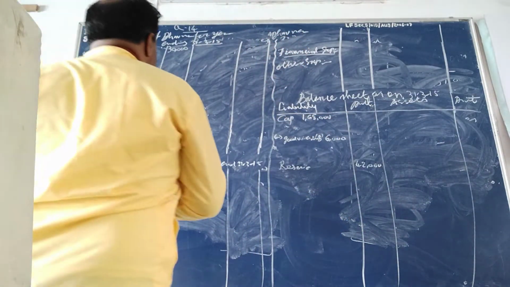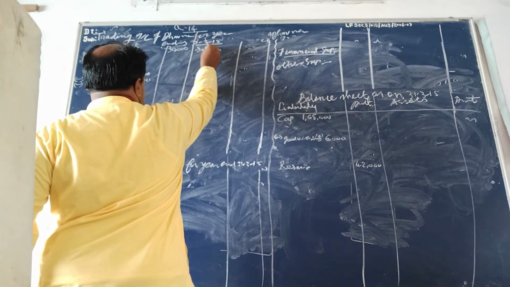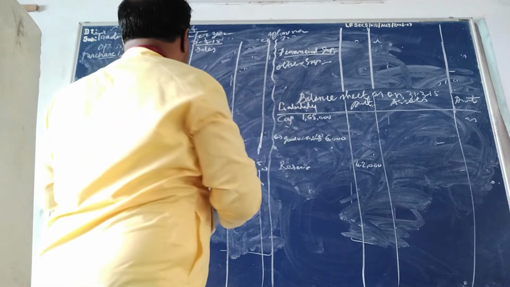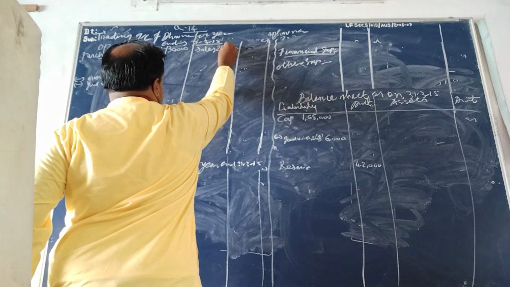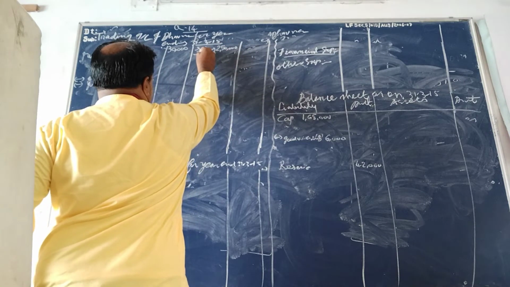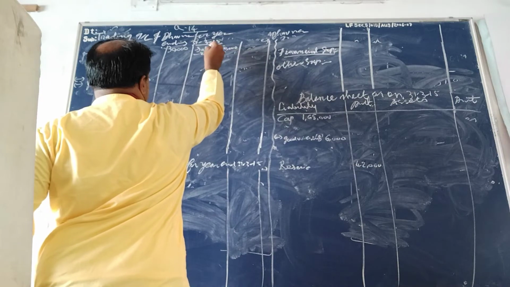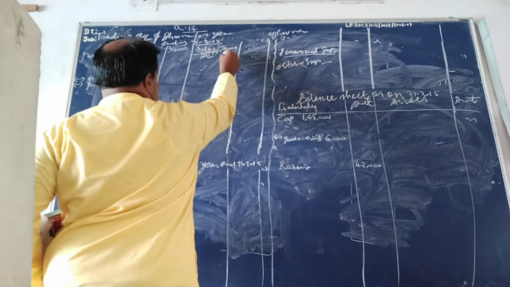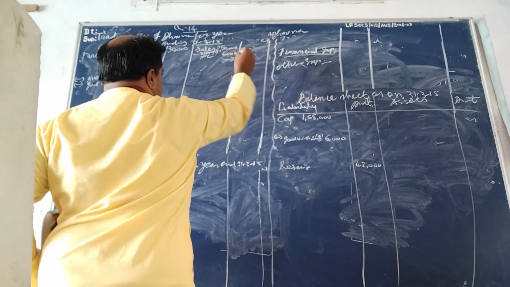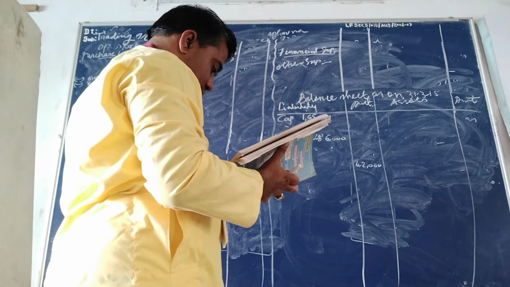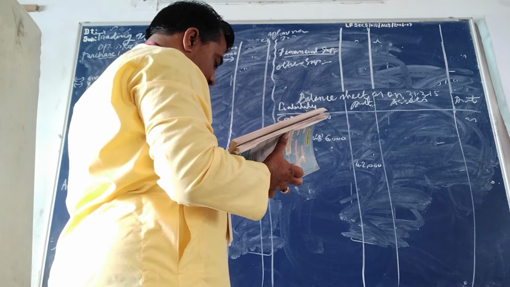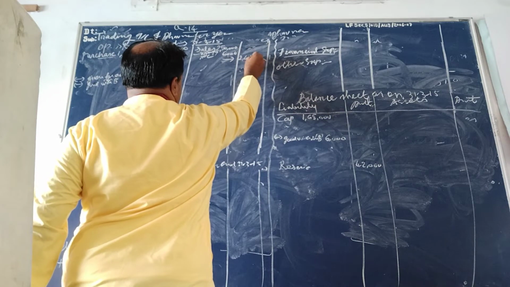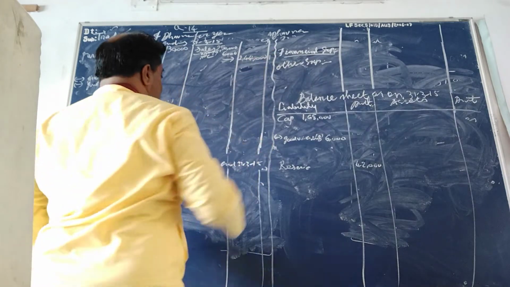Okay, so we write here in the inner column sales. How much is sales? 2,50,000 minus wrongly recorded. How much is wrongly recorded? 6,000. And no other entry for sales here, so we directly write it in the outer column. 250 minus 6, 2,44,000 will be in the outer column.